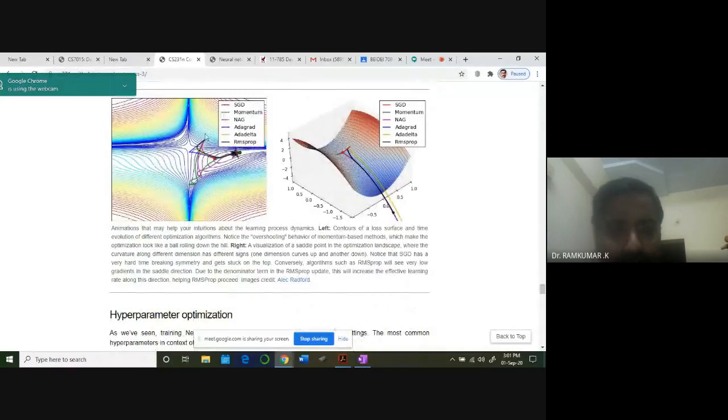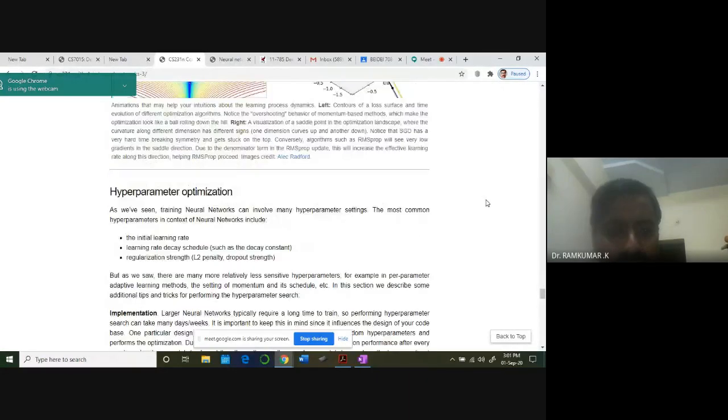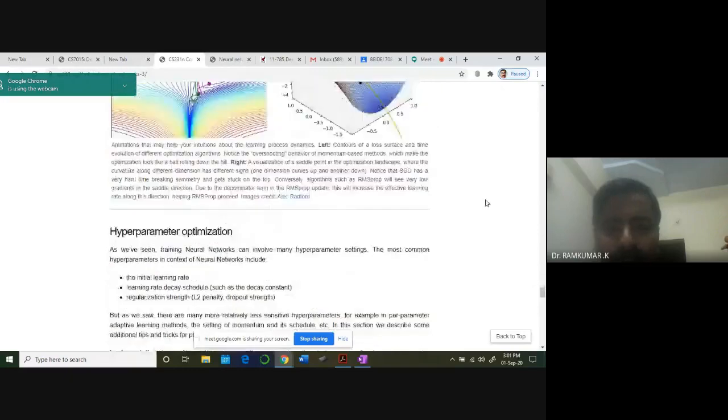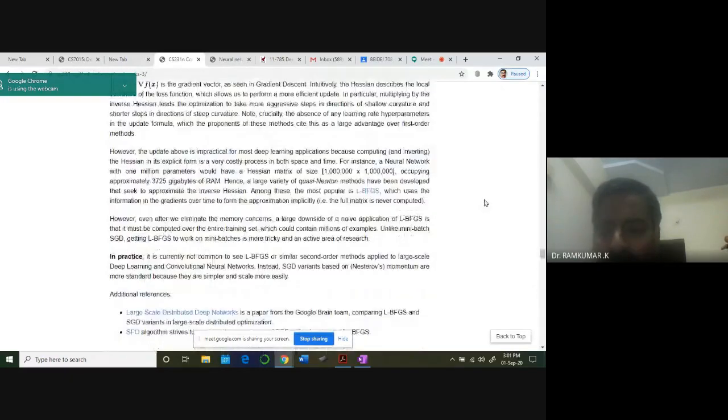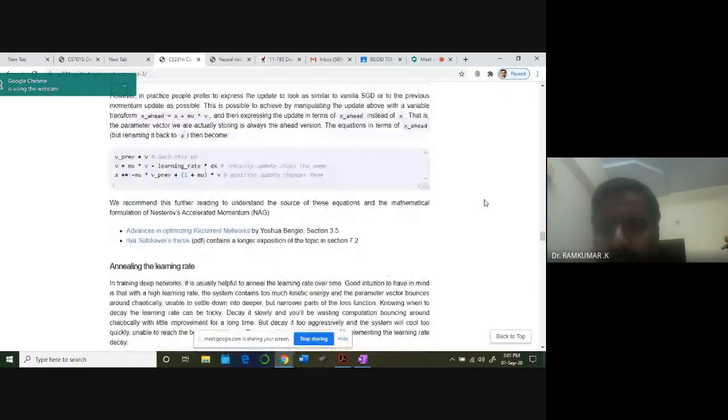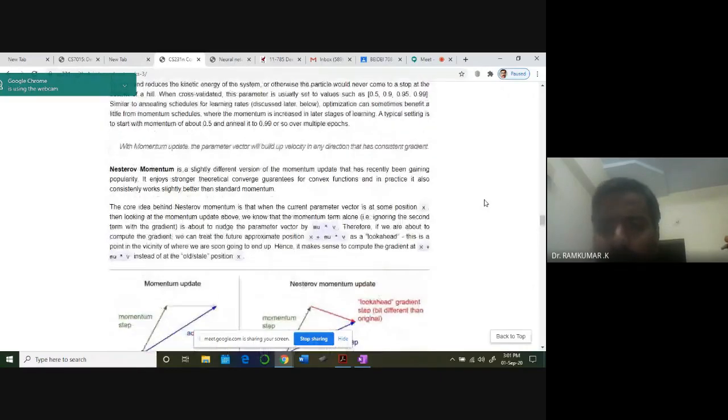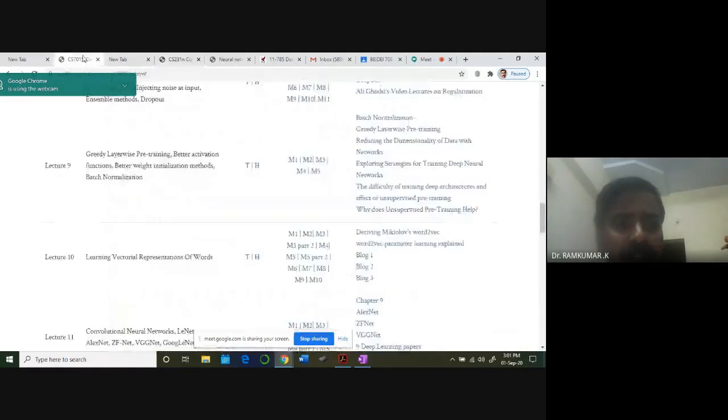For different algorithms, the professor has compared SGD, momentum, AdaGrad, AdaDelta, RMSprop. You can do a kind of work like this for a project. If you can do such work, it will be really appreciated. You'll be respected as a machine learning expert at the time of interview and all. Imagine that and try to work it out.